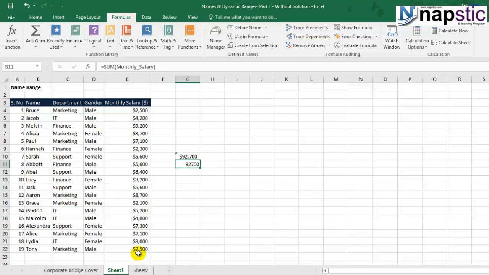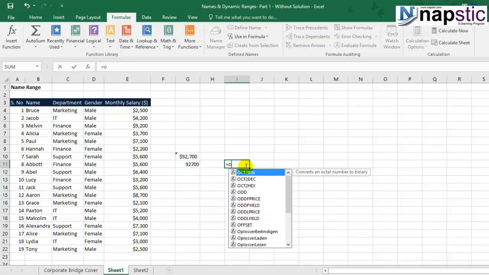The OFFSET function is going to help us in this. Kindly refer to the OFFSET video if you are not able to recollect what exactly it was. In this case, what we want is a given reference, which can be a particular cell giving us the monthly salary, and we want the full range which the OFFSET function should be able to return. So let's start using the OFFSET function.